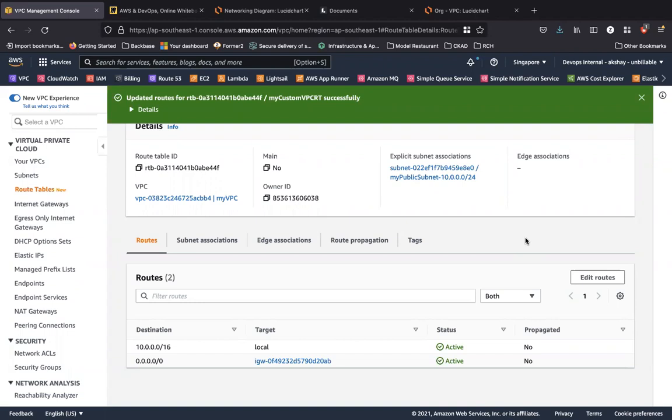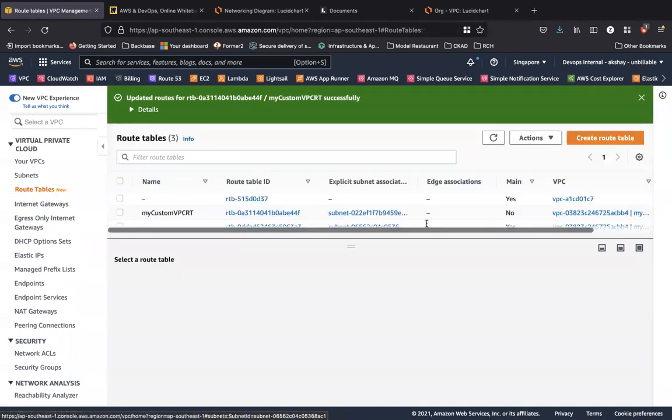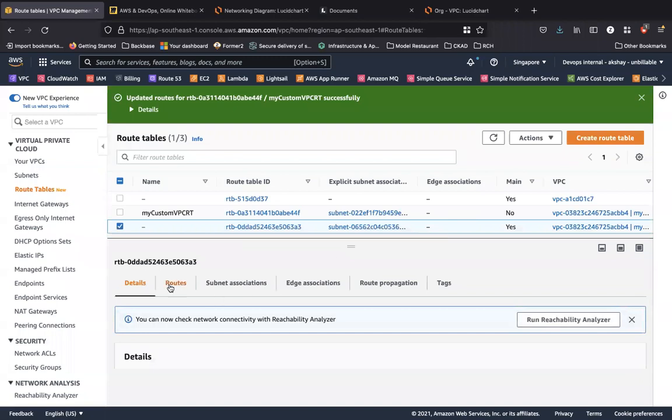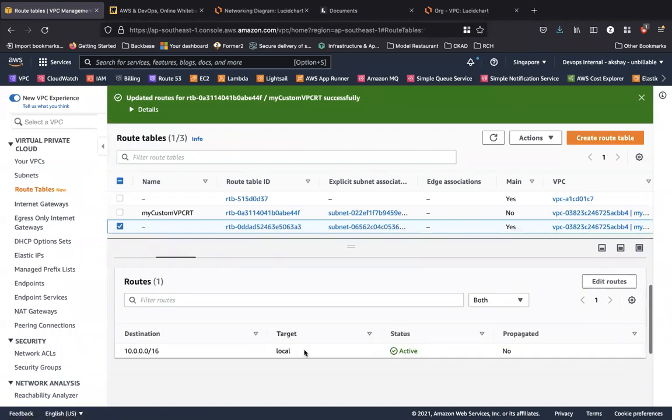In the previous video, we took a look at creating a custom route table and mapping the public subnet and adding a route to the internet gateway. Whereas the main route table right now is just associated with the private subnet, but it does not have any routes except for the local route. So to provide internet access to the private subnet, we need a concept called a NAT gateway, which will reside in the public subnet and which will have an elastic IP associated with it.